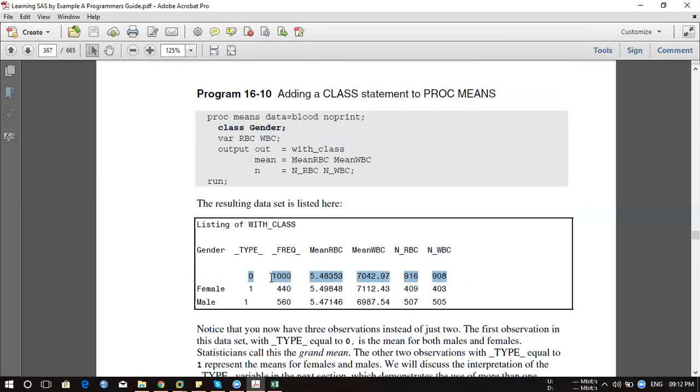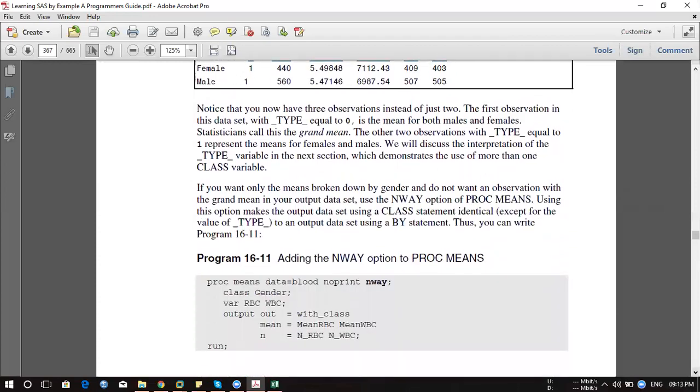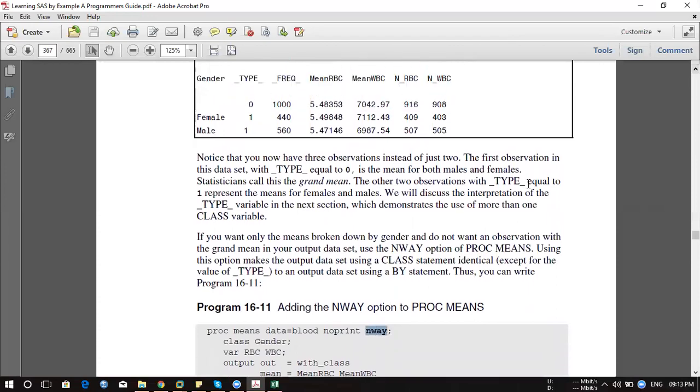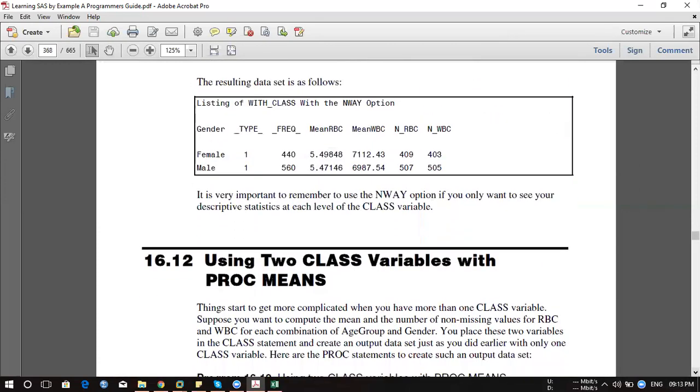Getting it? And if you don't want this to appear in your final data sets, you can use chart type NWay. If you use NWay in a class, see why we are using class, because when we have a huge amount of data set, we don't want to go in sorting. Okay. To avoid sorting, we can directly apply class. No need for sorting. Correct. Okay. In that case, you will be getting one more extra line. If you don't want that line to appear, you can use NWay. So NWay will restrict your line. Okay. See, now you're not getting that line. Got it? Yeah.